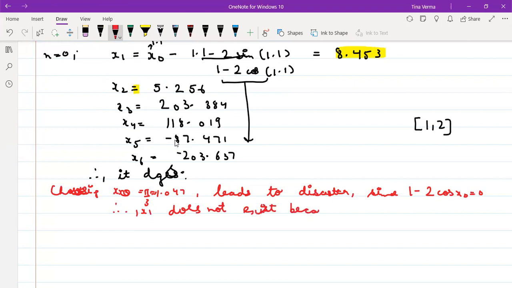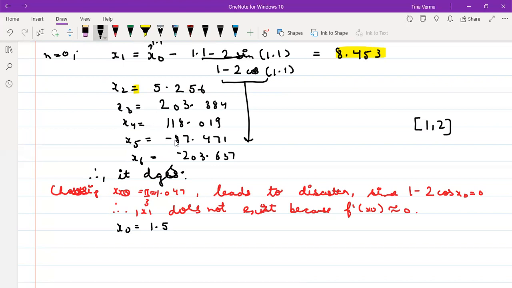because your f dash x at that point is nearly equal to 0, right? So selecting your initial approximation in this method also plays an important role, so that your derivative should not be equal to 0. Because if your derivative is nearly equal to 0, that will give an increment to your numerator, so your method will diverge, right. So you can start here with the initial approximation not nearby this,